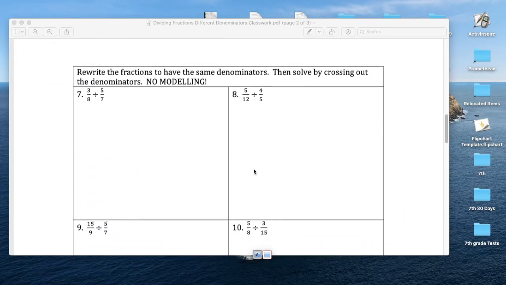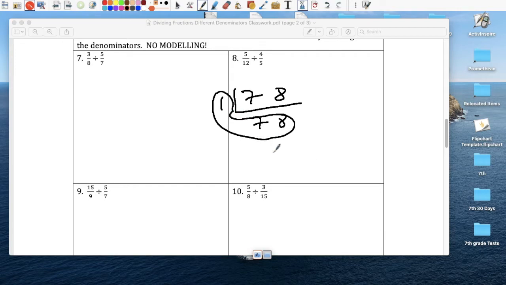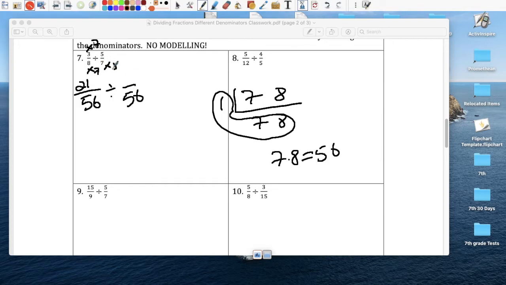this one says no modeling because the numbers are going to be pretty big. So the LCM between 7 and 8, the only number that goes into 7 and 8 is 1. So the LCM is the product of those numbers, and 7 times 8 is 56. So let's change both to 56. 8 times what is 56? Times 7, so I multiply the top times 7, gives me 21. 7 times what is 56? Times 8, so I multiply the top times 8, and 5 times 8 is 40. Cross, cross, put the two numbers as a fraction, and it's 21 out of